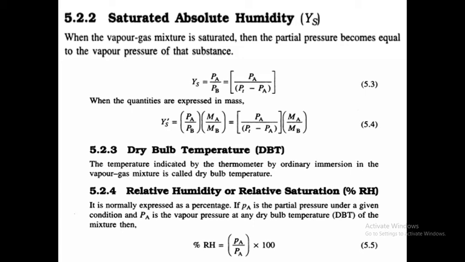So students, you know the relationship between number of moles and weight. What is the relation between number of moles and weight? Number of moles is equal to weight by molecular weight. From that, weight is equal to number of moles into molecular weight. Here capital Ys is nothing but, in terms of moles, number of moles Pa by Pb, so in terms of pressure, multiply with molecular weight Ma by Mb. Are you clear or not?